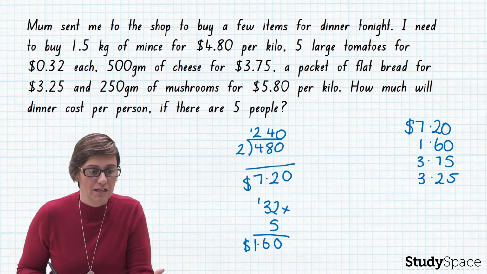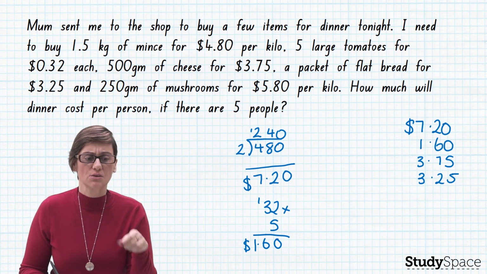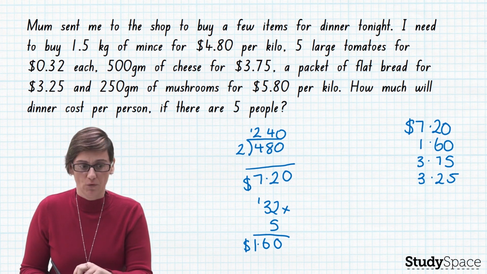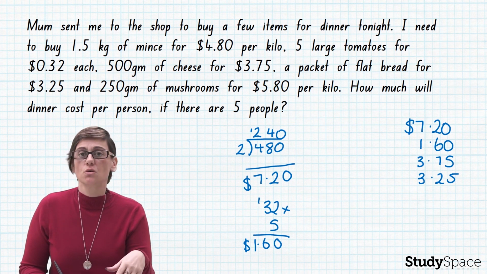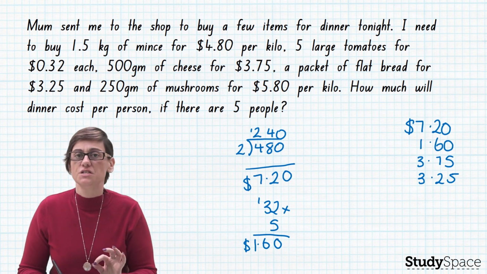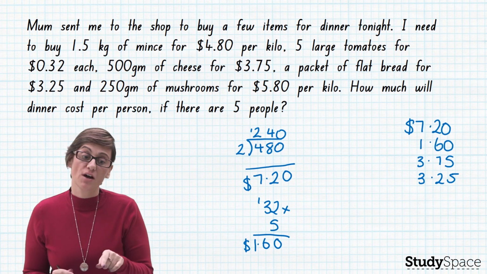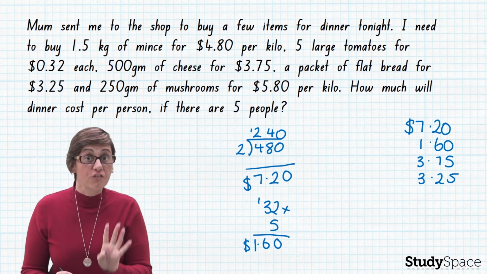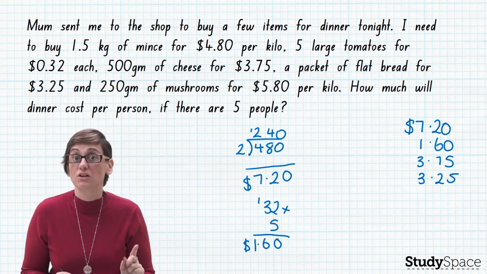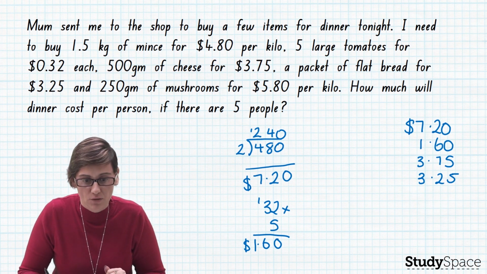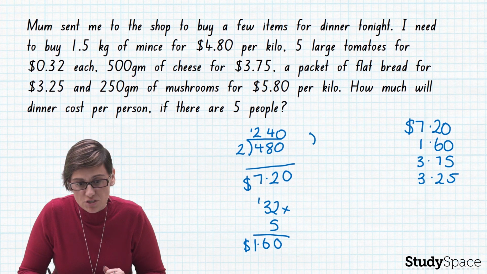And our last calculation is 250 grams of mushrooms for $5.80 per kilo. So boys and girls, we know that 250 grams is a quarter of a kilo. So if we divide our $5.80 by 4, that will give us our 250 grams. So let's do that. Okay, so again, we'll do a short division. So by 4,